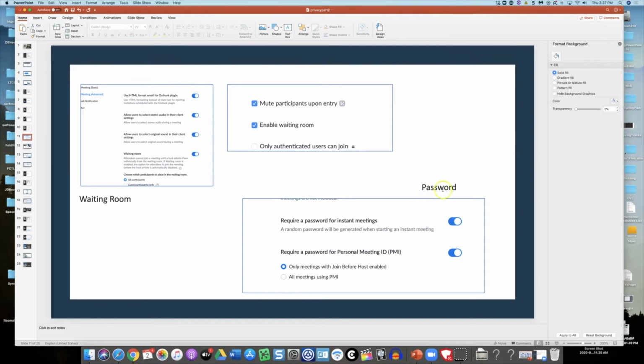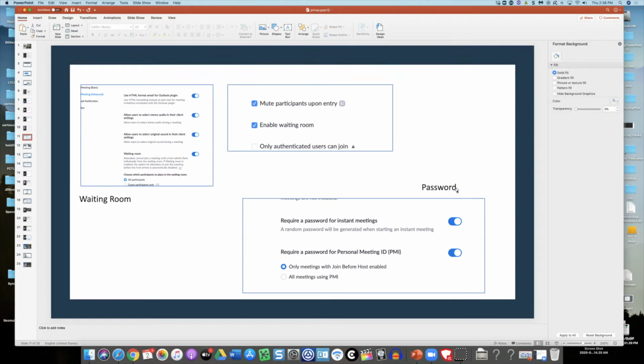Now, the password requirement: today, a faculty member wanted to get onto my 1 o'clock, and the 1 o'clock meeting had already started, and she wrote me afterwards and said, oh, I didn't have the password and I couldn't get in. So the weird thing was some people didn't need a password to get in and other people did. And so it's one of those things, again, you have to experiment with some of this.